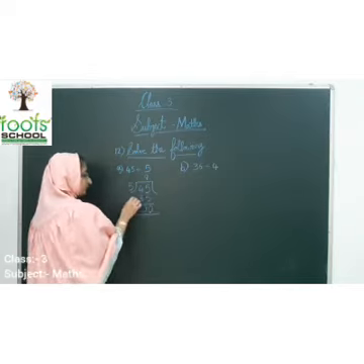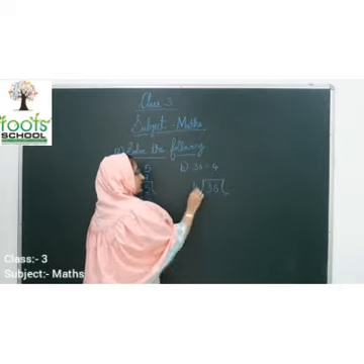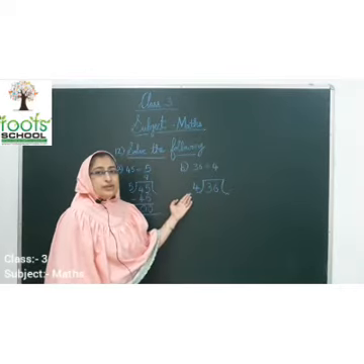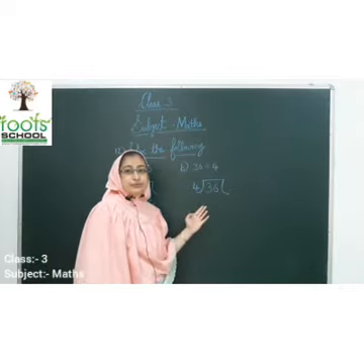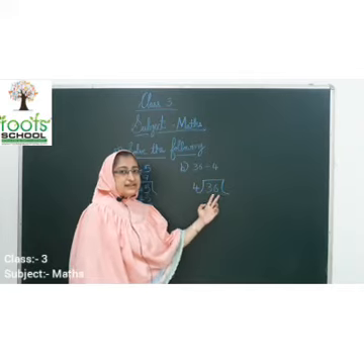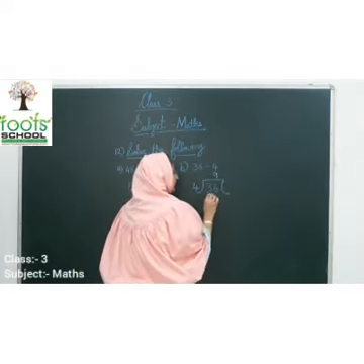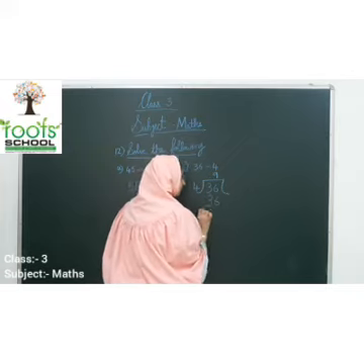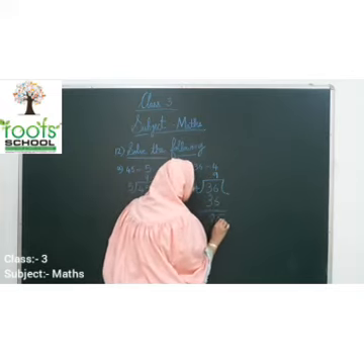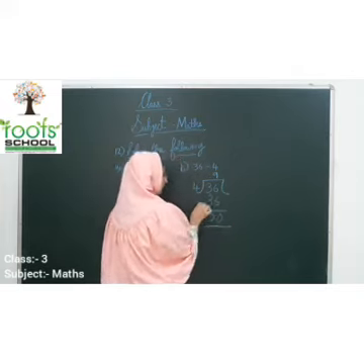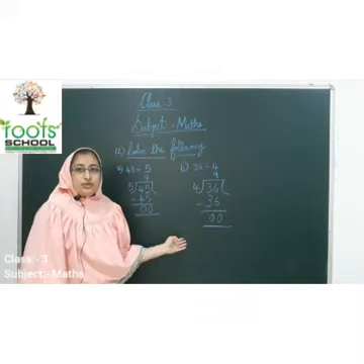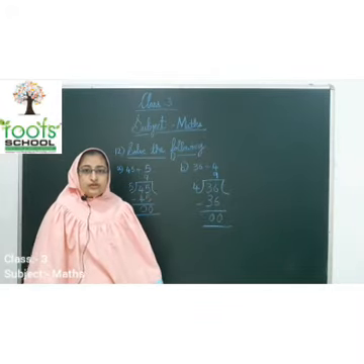So here you are going to write the divisor. Now start. In 4 table, when does 36 come? Does 3 come? No. So then we have to take 2 digits. 3 6, 36. So in 4 table, 4 9s are 36. And here the remainder is 0. So this is how you are going to solve your division sums.